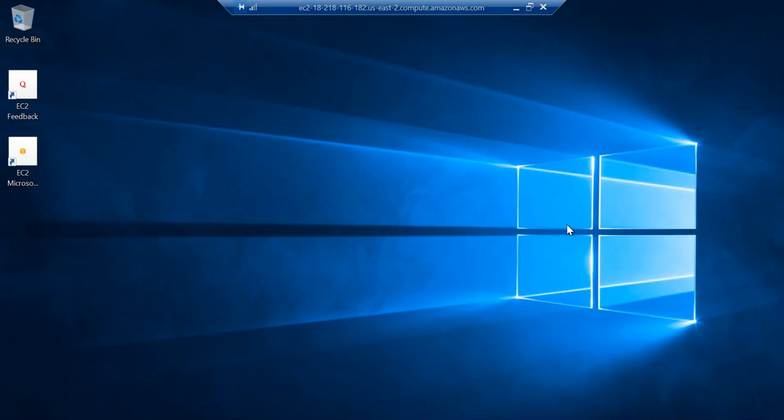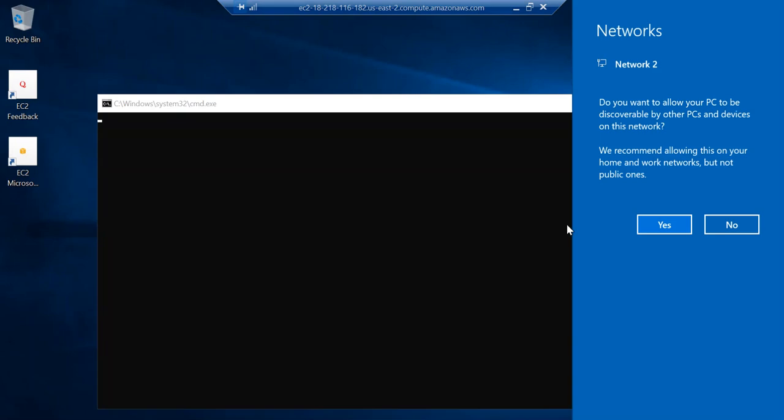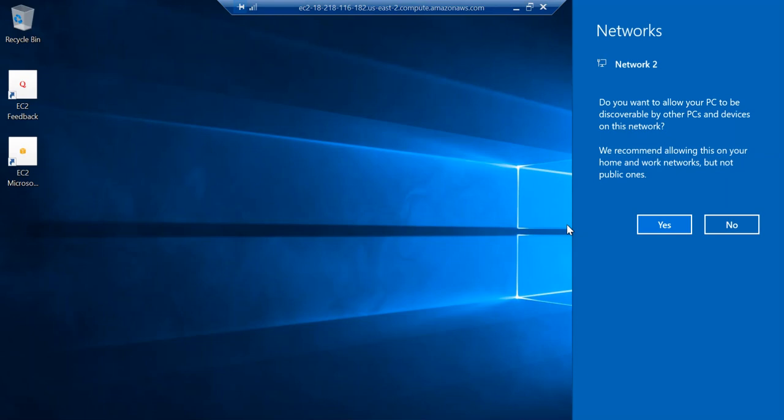I access my EC2 instance successfully. Now to deploy a website in EC2 instance, we need a web server. In Windows machine, IIS is a web server which is available as default, but we need to enable that IIS web server inside your roles and features.